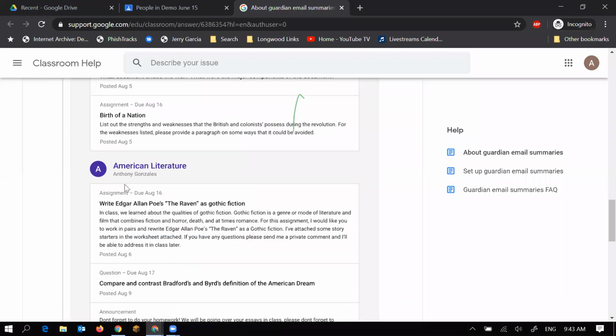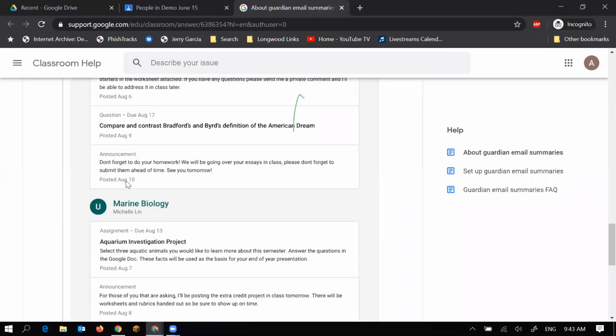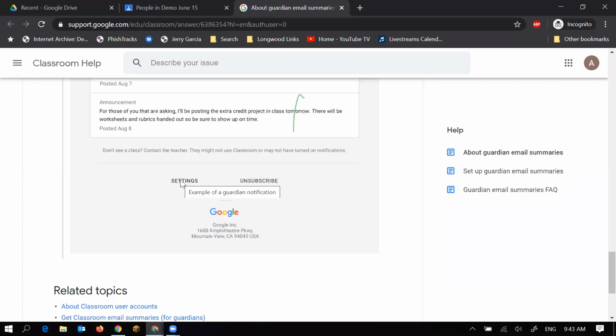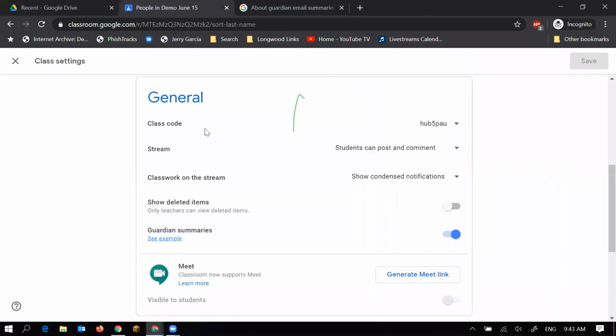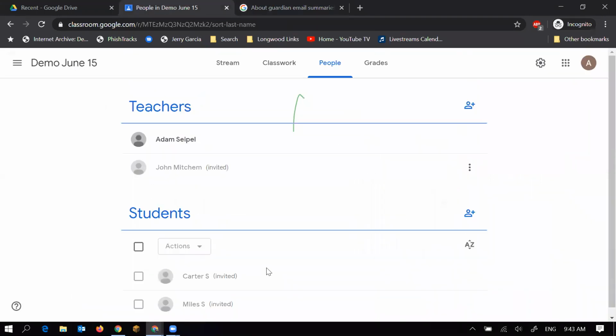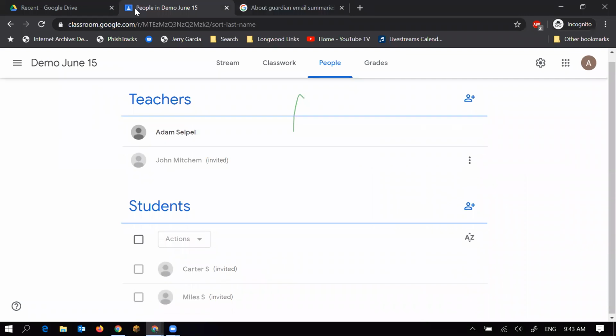And I can go back and, oh yeah, American Literature, his teacher's Mr. Gonzalez, and I can go in and email if I have any concerns with this. And they can choose their settings. I think they can get a daily summary, they can get a weekly summary, and again, that is up to the parent. So once this is set up, we're going to go back in here and